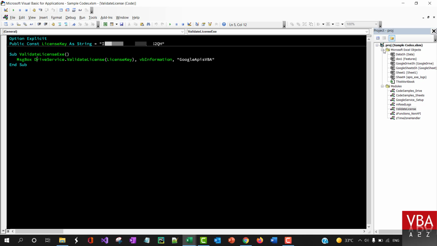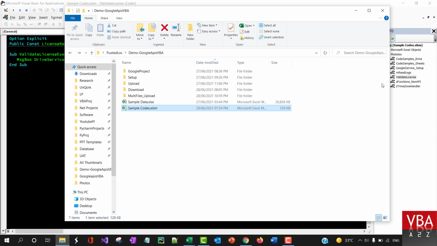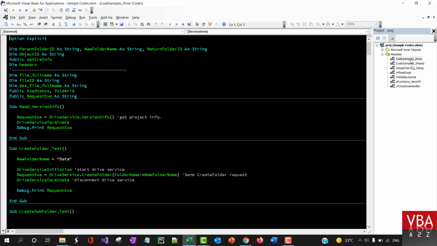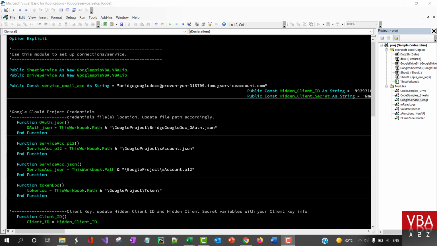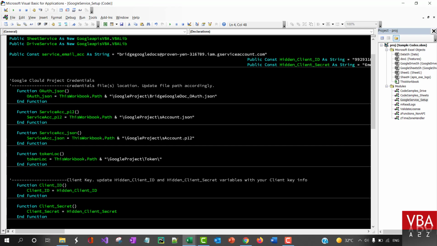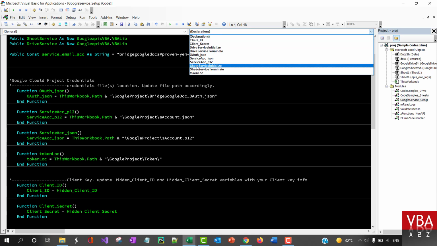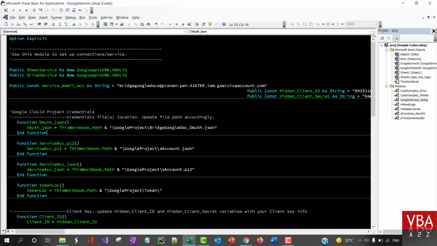First of all, we'll quickly go through the Google Drive part, and then I'll demonstrate the sheets. To start off, I'm gonna delete the existing token, okay, so that we can start from the beginning. Okay, so once your license has been validated, you can go to the Google Service setup module. Here you can use this module to set up connections. Basically here it has a Drive service initialize and terminate, and then Google Sheet service initialize and terminate as well. At the top, you'll see two public object variables,